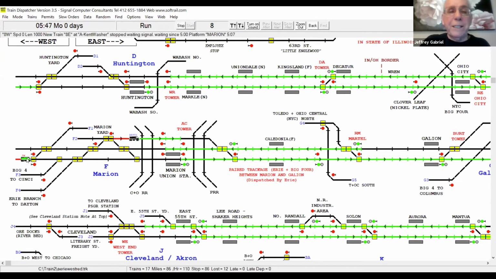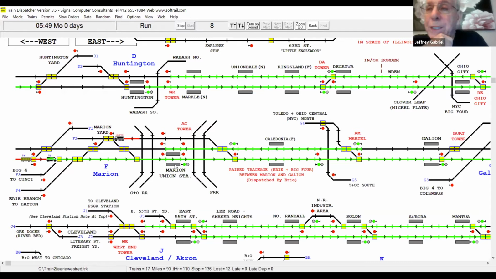Meantime, I see another train, 8. This is the Atlantic Express over here. It's waiting for the signal. Of course, it's going to be a mainline train straight eastbound. So I'm going to line it straight. It's going to go over to the Marion station. When it gets there, I can clear that freight to go onto the Dayton branch. But we'll wait till this train goes here.